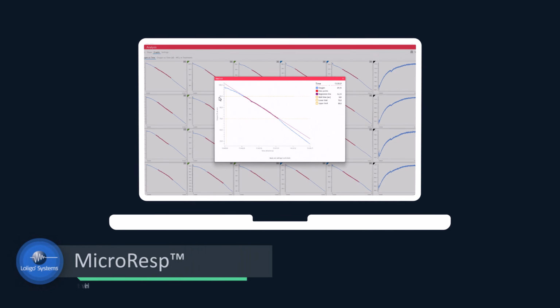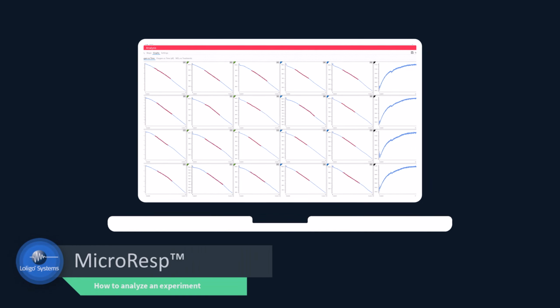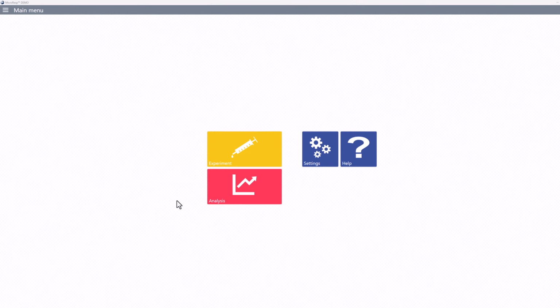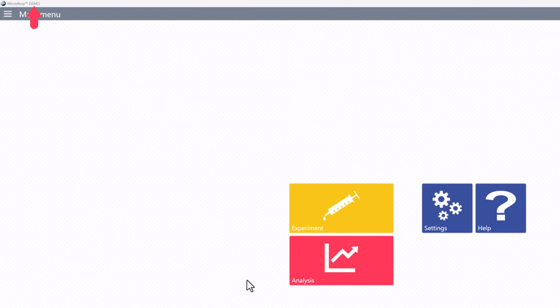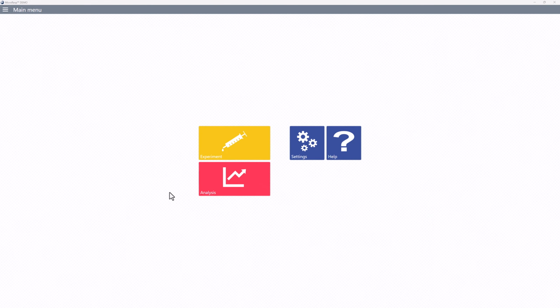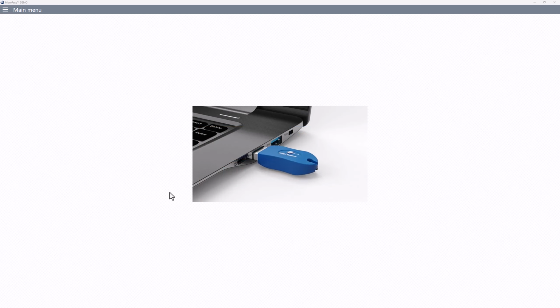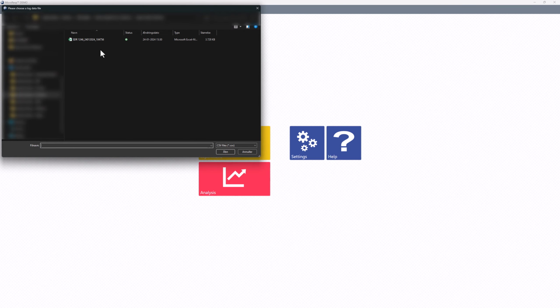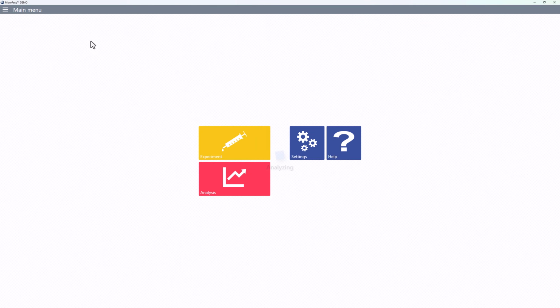The data files you create in the Experiment menu can be analyzed directly inside MicroResp. Note that even if you are running the demo version of MicroResp, that is, you do not have the Loligo license dongle connected to your PC, you're still able to analyze any MicroResp data file as if it were in the full version. To analyze the data file, simply open the Analysis menu and choose the MicroResp log file you